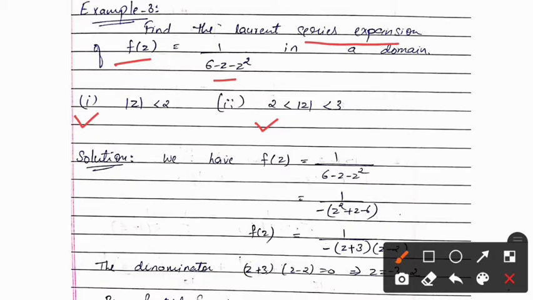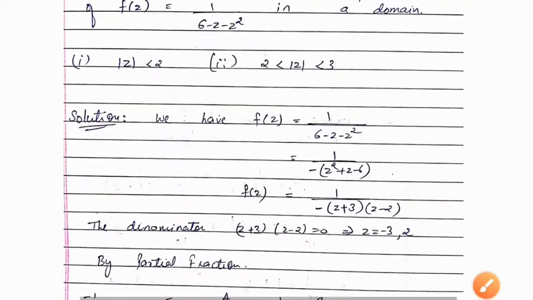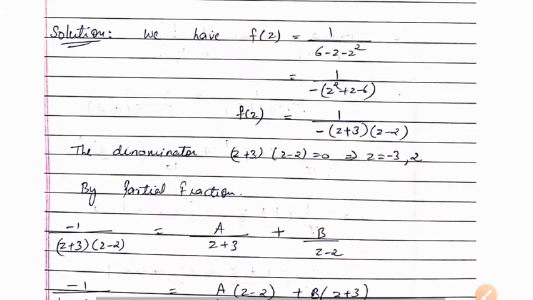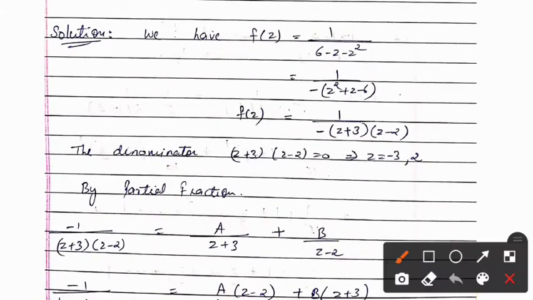Now see, as we discussed in our previous lectures, first of all we have to simplify the given function into factors with power of z as 1. Here our highest power of z is 2. We have to find the factors so that we can find the singular points. Okay. Now see, we will go in a very simple way.